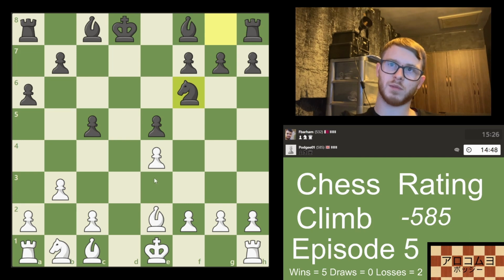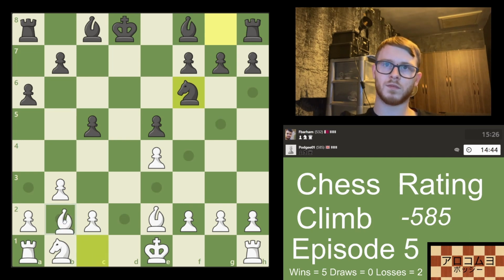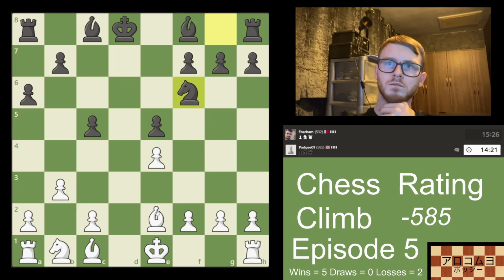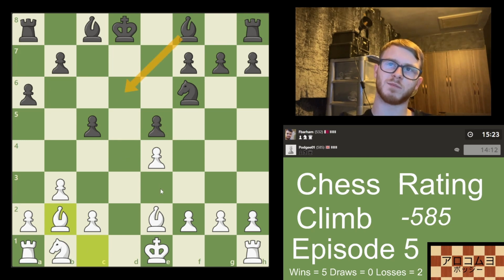I'm liking the look of this move because opponent has to play something ridiculous which they've just blundered. I don't mind giving up this pawn, to be honest, as long as I get this one back in return. But opponent might play this move. So if they do, I'll play f3. I didn't want to play this move because it just runs into this. I could take back with the pawn, yeah, but